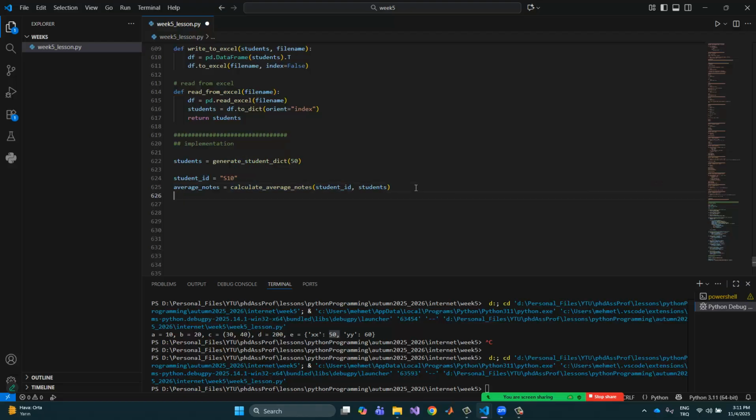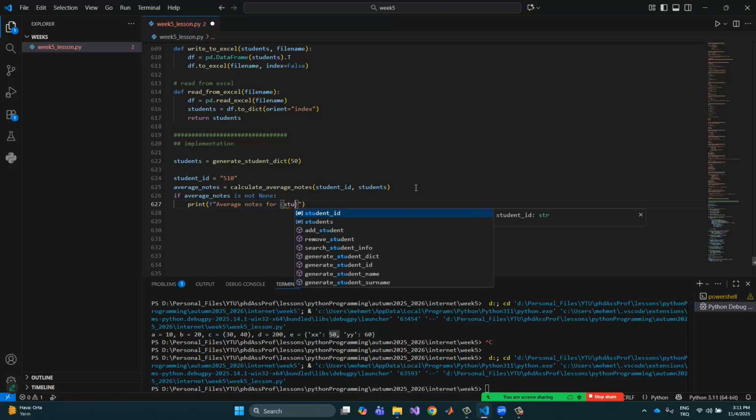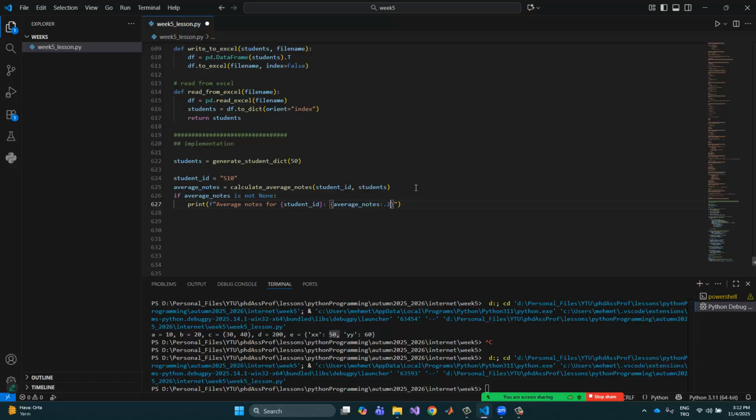Okay, and so if average notes is not None, which means that we have this person in here, we can print the average notes for the student ID, average notes with two decimal places. Okay, and else, for example, print f student